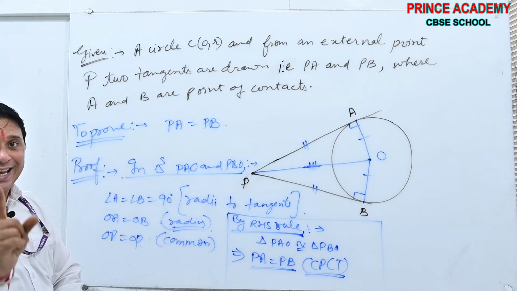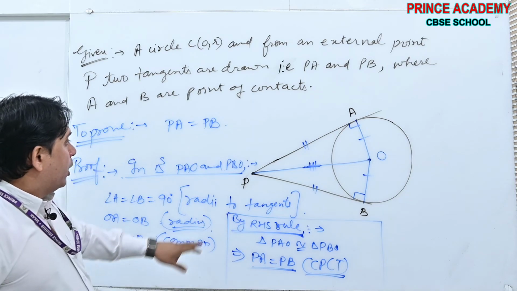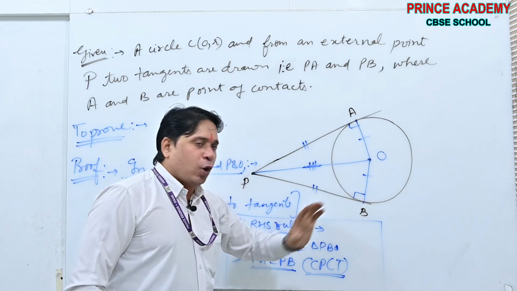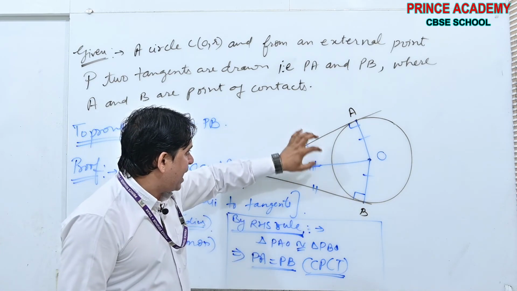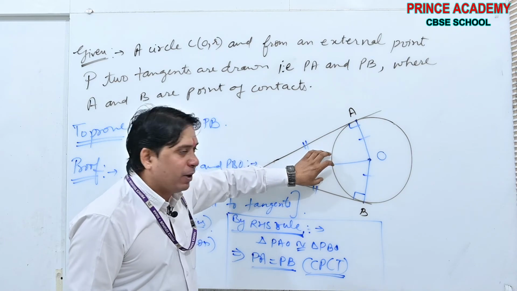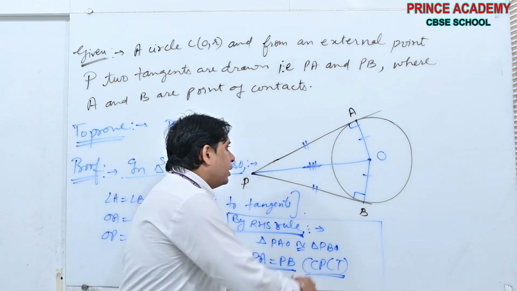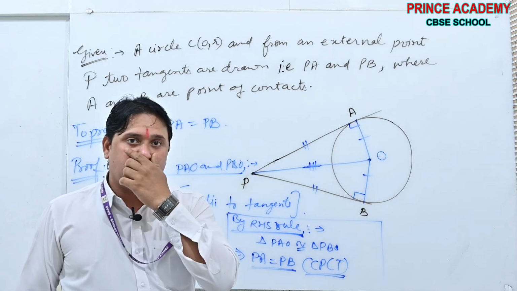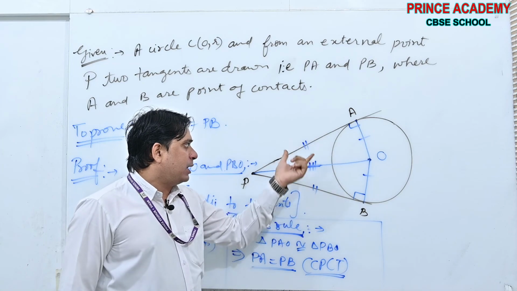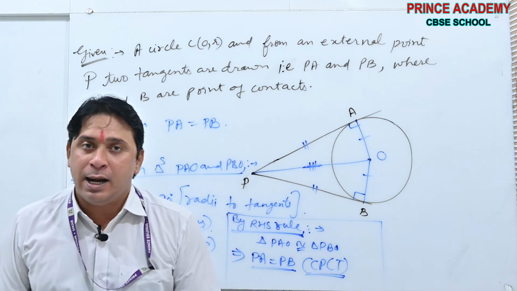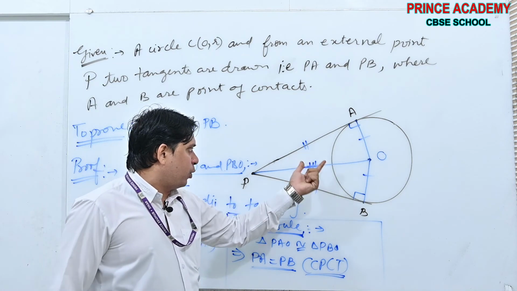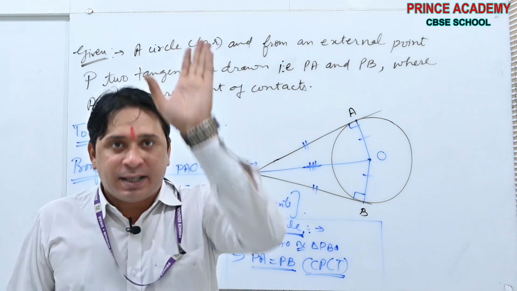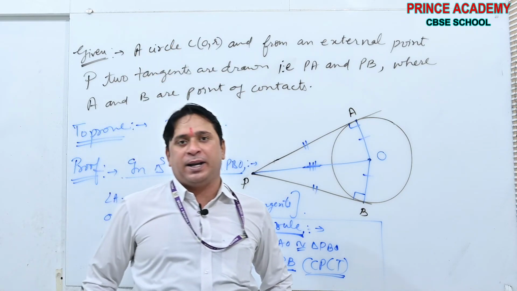Done beta. Once again I am explaining a little bit quicker. Two triangles PAO, PBO over there. OA was equal to OB, which is radius. OP is equal to OP. Why? Common. Right triangles, hypotenuse and any one side is equal. Then the third sides will also be equal. Hence, triangles are congruent and therefore PA equal to PB. Hence, proved: tangents drawn from the same external point are equal.